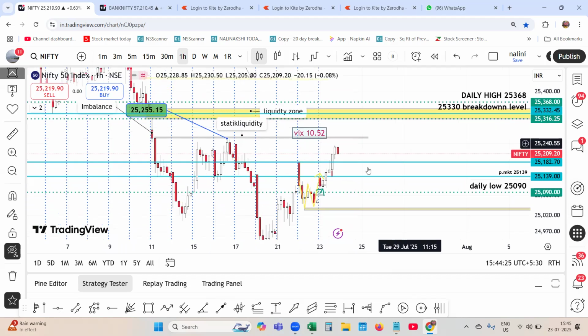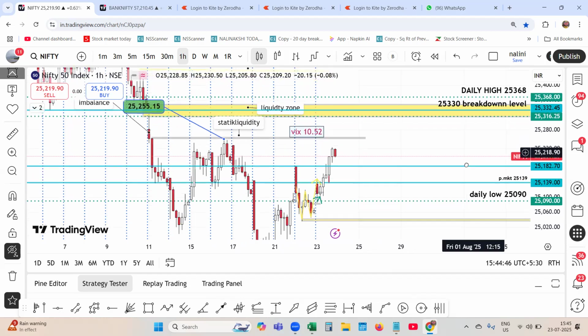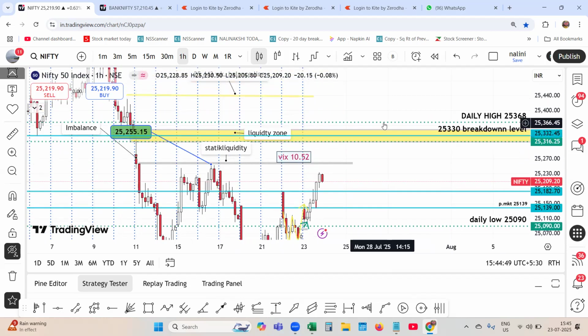And again the market is trying to come back and hit this level, and once it crosses, it will grab this static liquidity, as well as the dynamic liquidity placed over here, and it can move up to